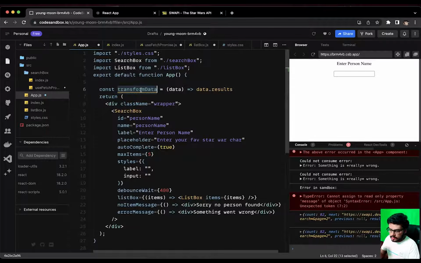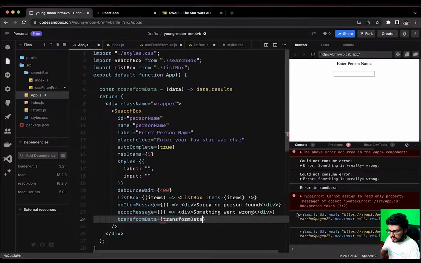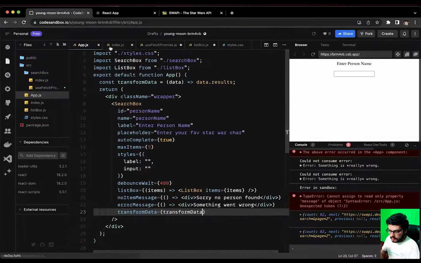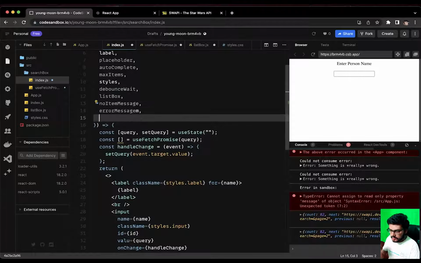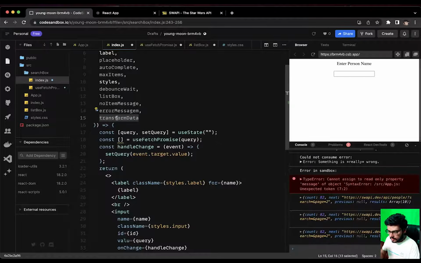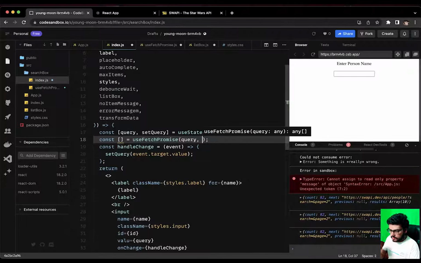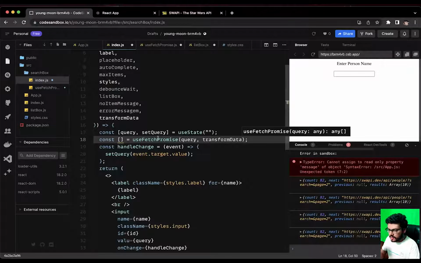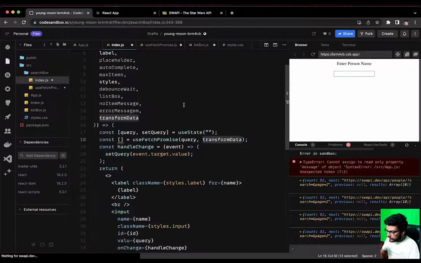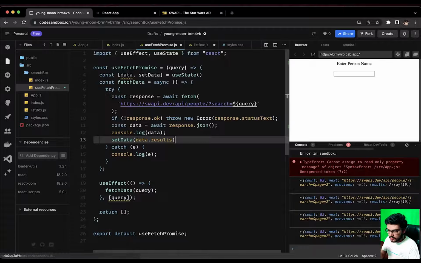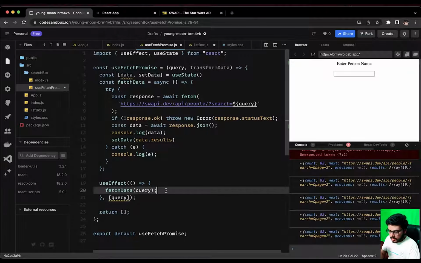Okay, so I'm going to pass transformData as a prop to this, and I'm going to receive it as a prop, and I'm also going to pass transformData to useFetchPromise, and useFetchPromise is going to take this transformData, and I'm going to pass this to the fetchData